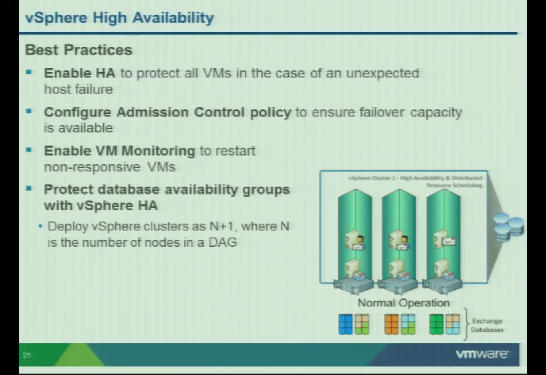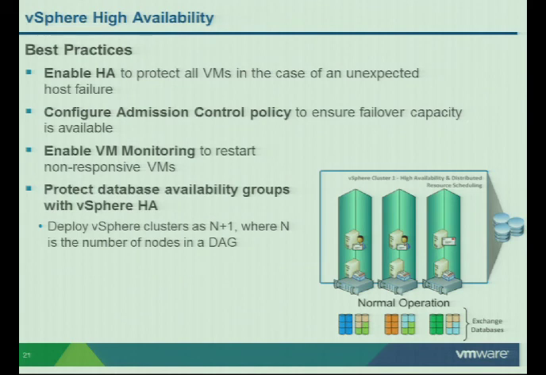VM monitoring, I like it enabled because it gives me the opportunity, maybe not for the DAG nodes, but for things like the CAS servers, hub transports, and any other VM that's running, to establish some level of understanding of what's going on within the VM, right? Those VMs have VMware Tools. vSphere HA connects to VMware Tools and establishes a heartbeat. If that heartbeat goes missing,